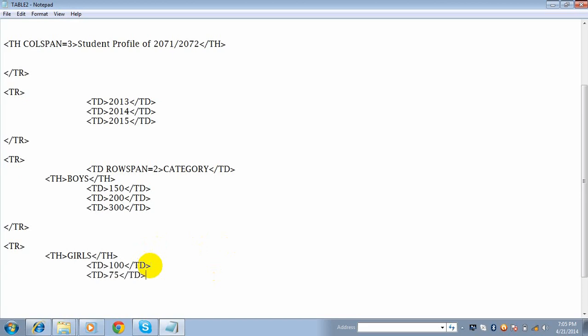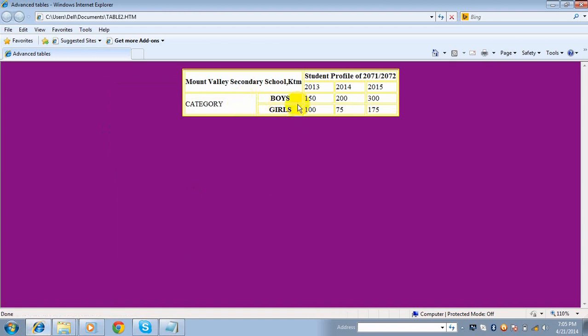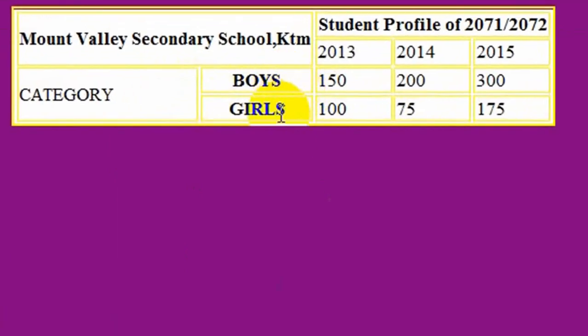Close this table data. Okay, table data. Okay, let's close the table row. Now save the tags. Go to a browser. Right click, refresh. See, from boys side and from girls side, the number of passed students has been categorized inside the table.